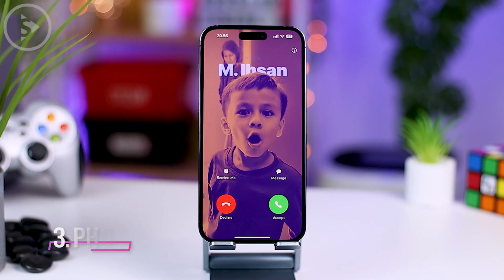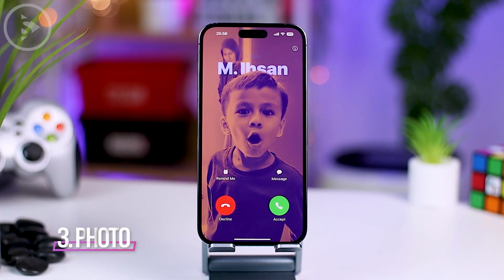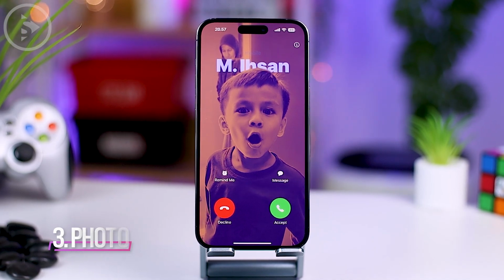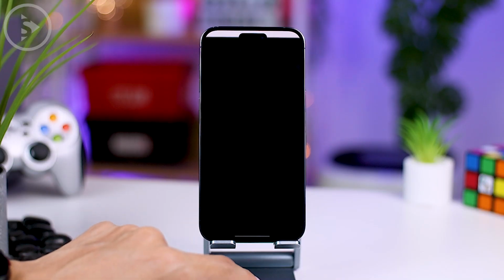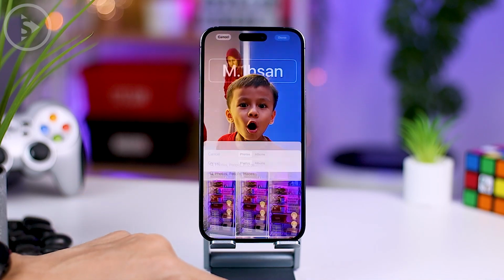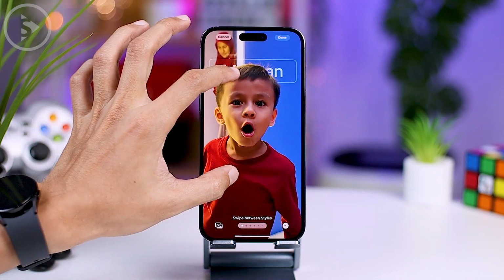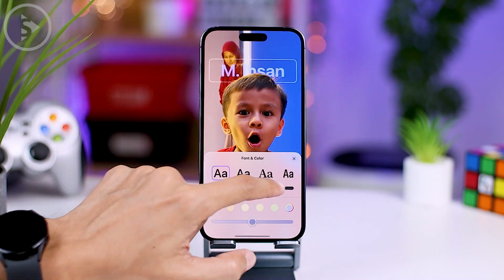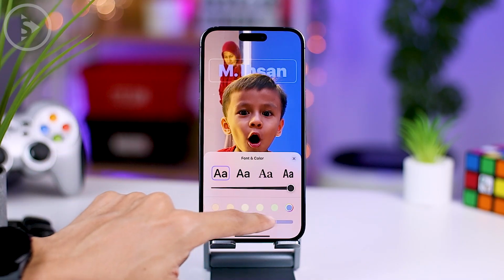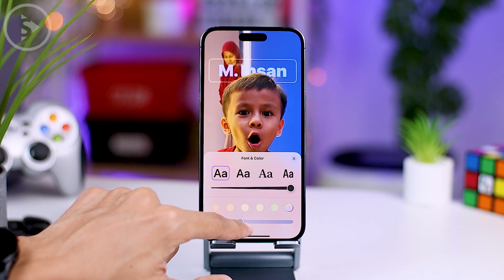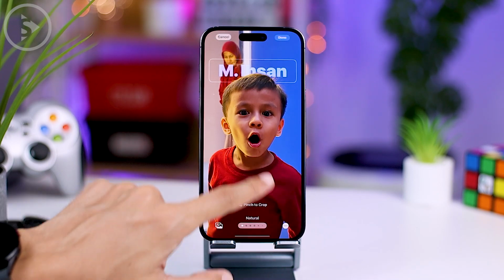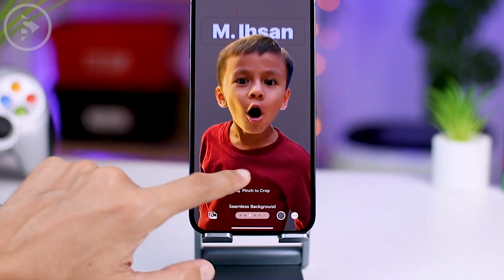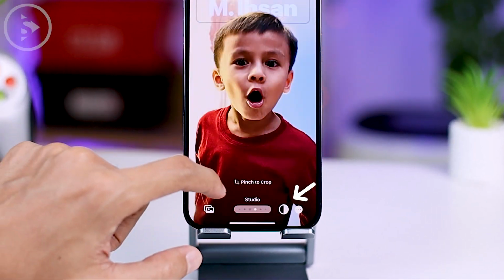And then for the third option, you can also display a contact poster directly with photos of your contact. You can do it by simply selecting the photos in your iPhone gallery. And for the font option, of course, you can also adjust it as before. Here there are 4 different font choices, and you can also adjust the thickness of the font in this latest iOS 17 version. Then on the photo, you can also choose several effects according to the color of the photo. And in some of the effect options, here there are also color settings that you can choose from.